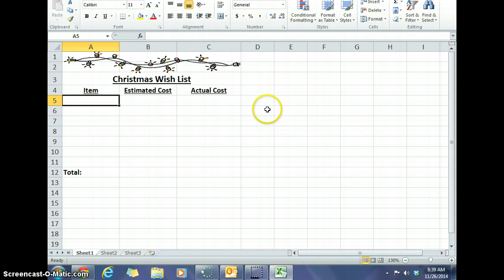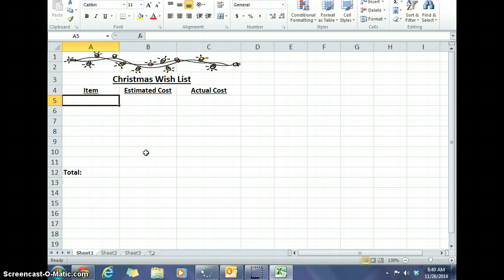to change things. Alright, as I explained earlier, our Christmas wish list project is to get us thinking about what we're asking for Christmas and just how much we are asking our parents to spend on us. And this is a good way to organize that information. So what I'm going to ask you to do today is to do two things. We're going to make our itemized list right here in this column, and then we are going to move over to column B and use some of our estimating skills and estimate or guess how much we think each of